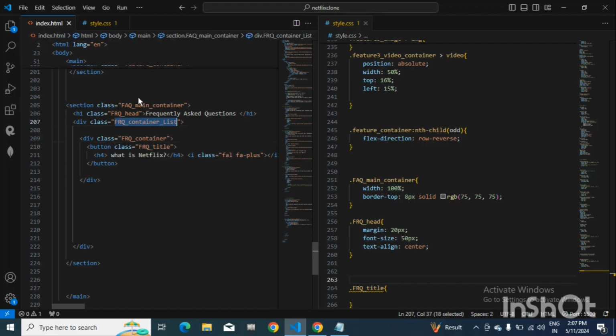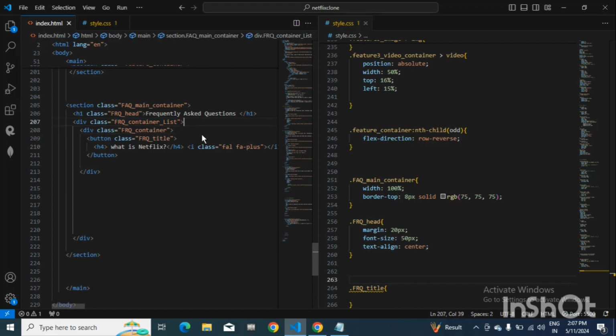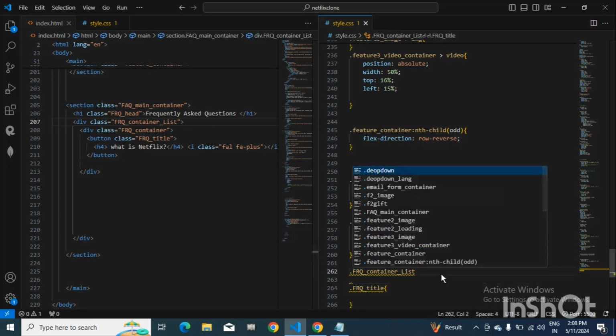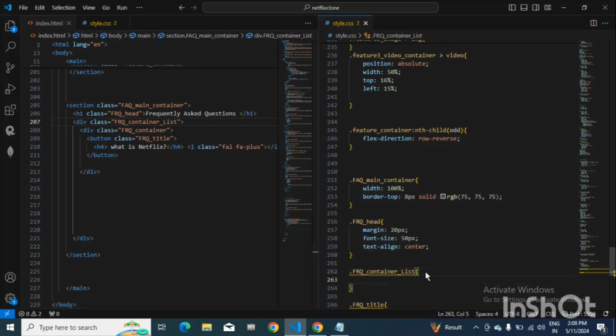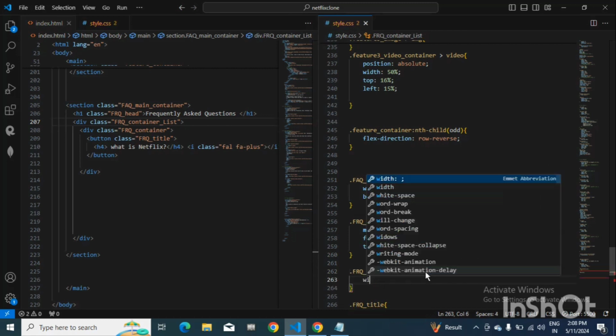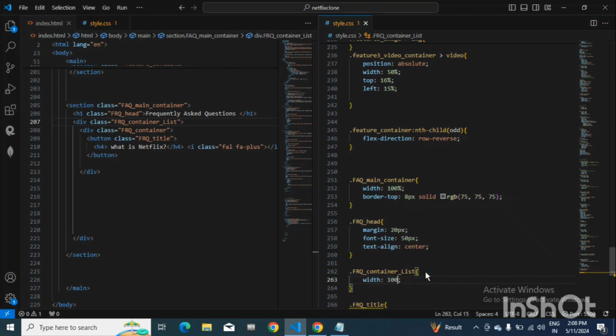So this is inside the after. So for this I'll be giving 100% of width first. Width is equal to 100%. Okay,